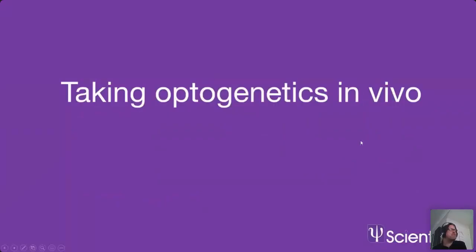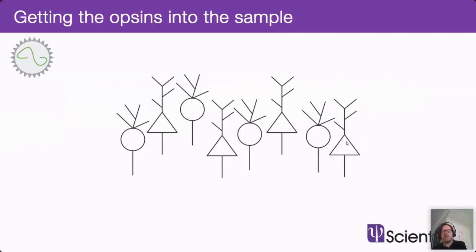But if we want to go in vivo, we have to get these transgenes expressed. Now, there's obviously the approach of using transgenic animals, but that tends to be quite an investment. You need to do quite a bit of breeding. You have to maintain those colonies. That's quite a steep hurdle to climb. You can also use wild-type animals and just inject a virus that encodes for